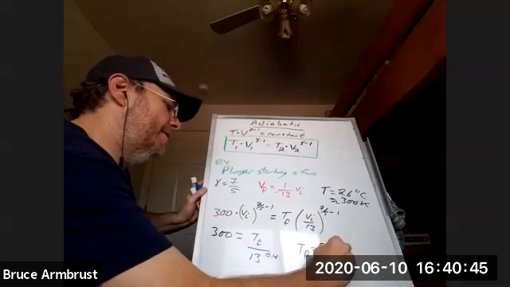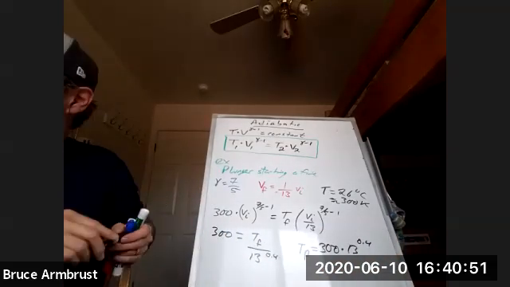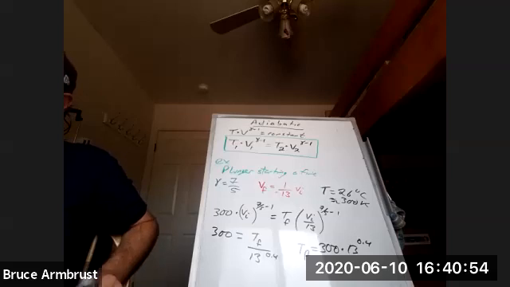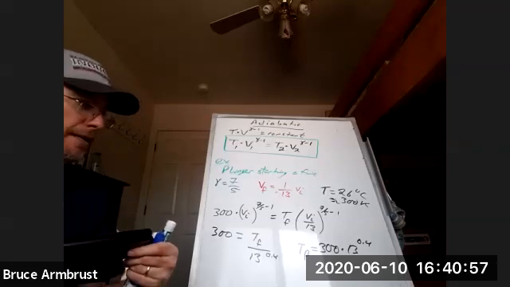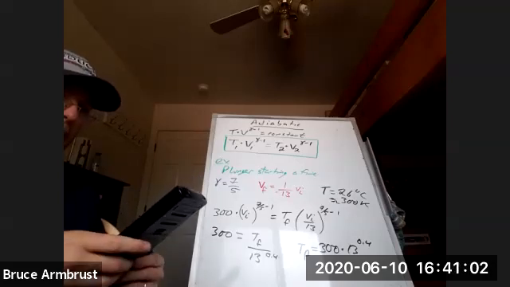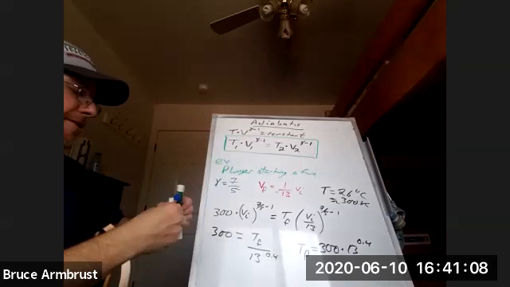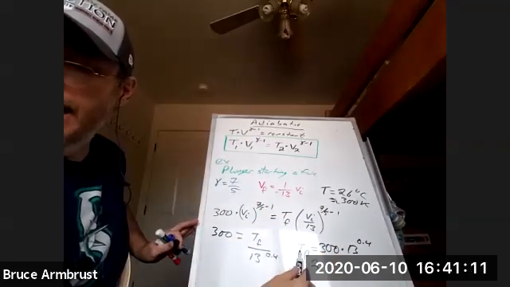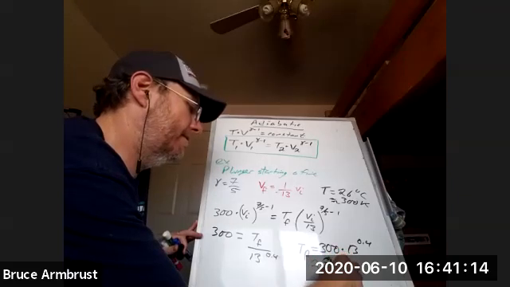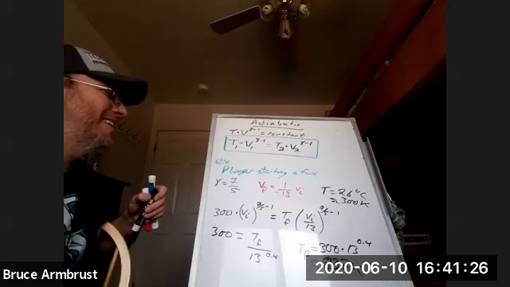So T final is going to be 300 times 13 to the 0.4. So let's crack out our trusty TI-89 and see what temperature that gives us. All right, so I get just around 837. Now, that is Kelvin. So 564 degrees Celsius. So, yeah, you take your 273 away from that.